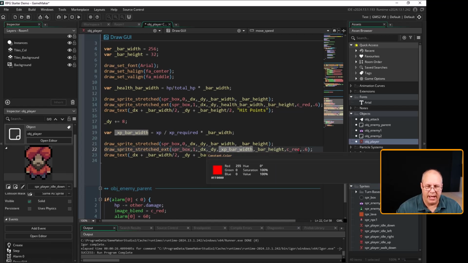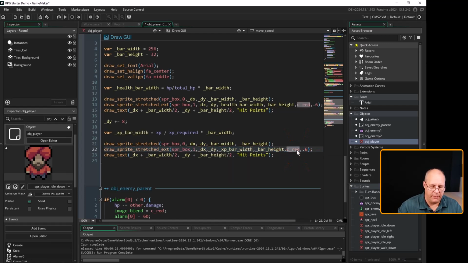And instead of red, I'm going to pick a different color. You can pick anything you want. I'm going to pick purple, just for something a little bit different. If I want to be really different, I might pick green or blue. That's okay too. And then instead of my hit points, I'm going to say